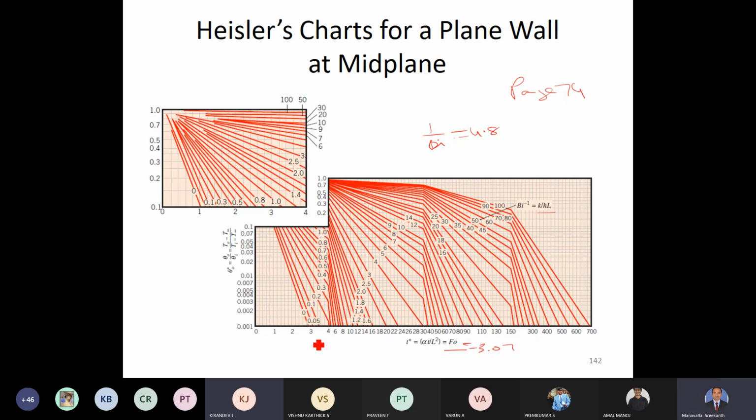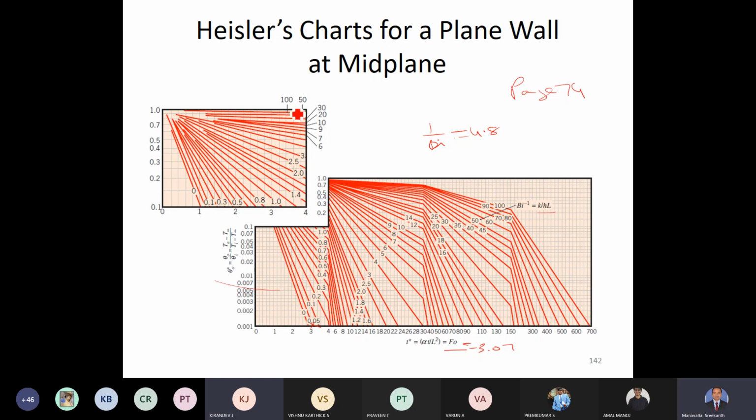So 3.07 is almost 3, or slightly to the right of 3. Then we have 1 by Biot number as 4.8. So you see this line is going somewhere in this region,